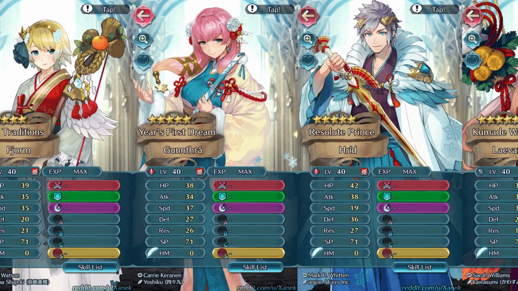Harid, however, looks like he's ready for his New Year's vacation. He's got all dressed up in his New Year's robes and yukata and everything like that. I don't know if that would be a yukata, either way, but